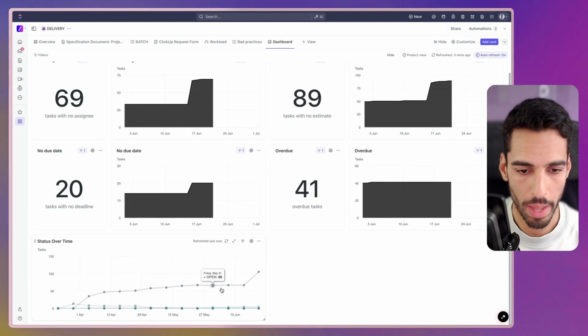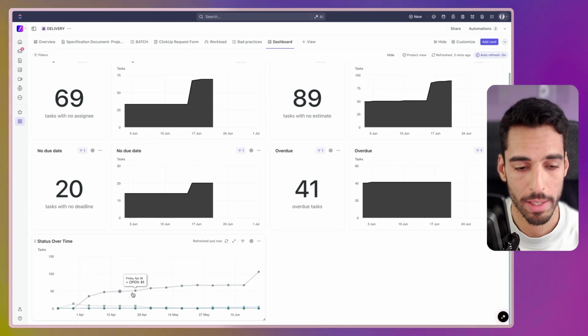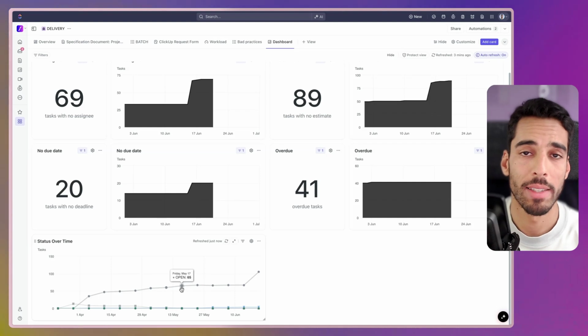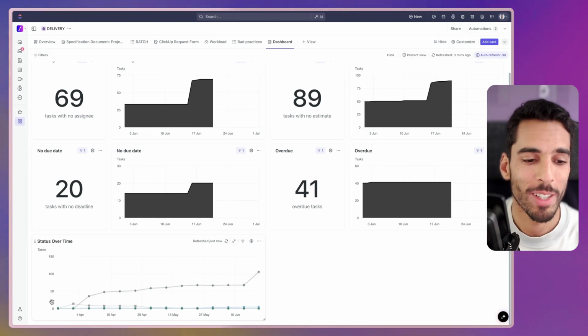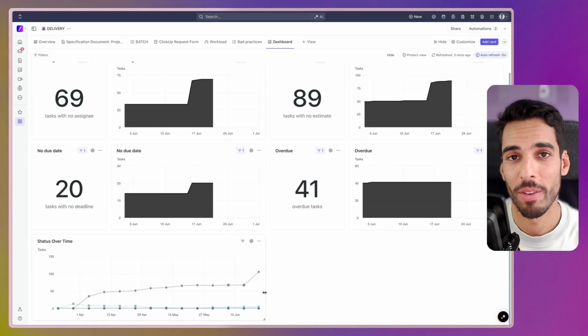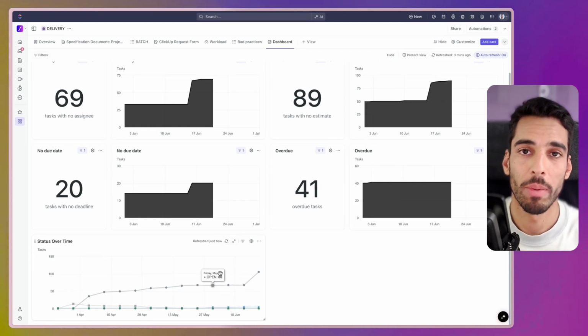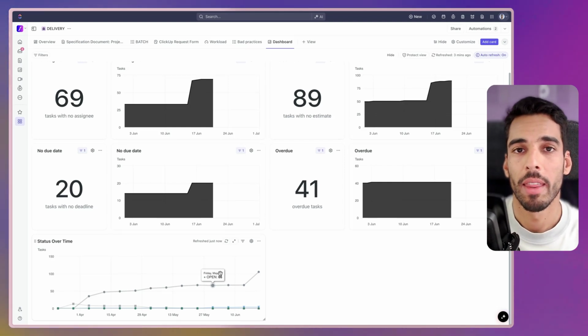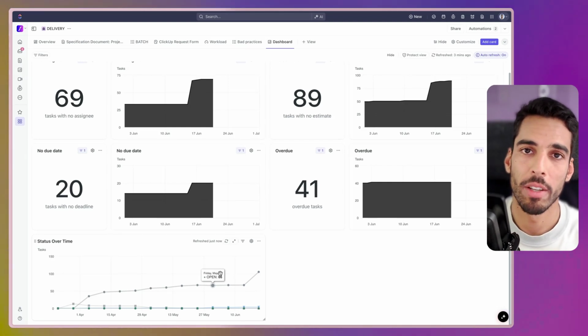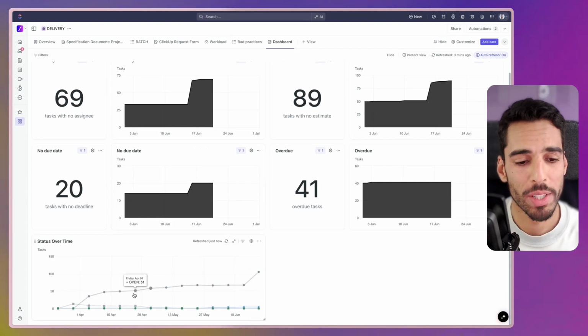As you can see, it's not that great because we have a lot of open tasks that have stayed open for the last weeks. So you need to make sure that this open line decreases over time, ideally, or is stable, because if it increases, it probably means your team is over capacity and a lot more is coming in than getting out. So your delivery is not efficient. Ideally, what you want to see here is this line being stable and the close line increasing over time.